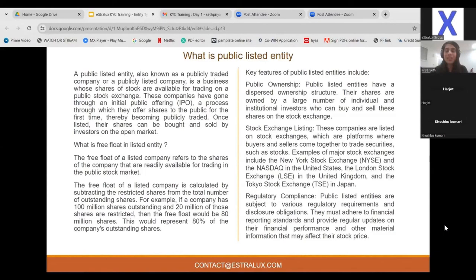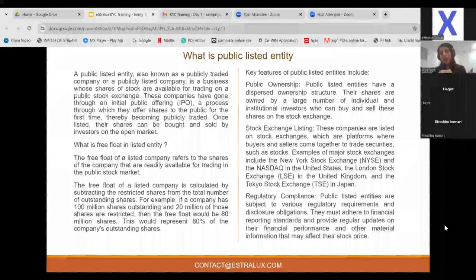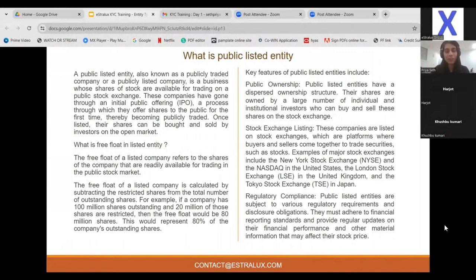For example, recently Mama Earth did their IPO. To become that, they had to gain trust and do a lot of paperwork. By paperwork, I mean they have to follow rules and regulations, and they must have some net worth. You can't start with 50,000 rupees and say you want to do an IPO. There are certain limits and rules which we are not required to know from the KYC perspective, but I'm telling you in general.